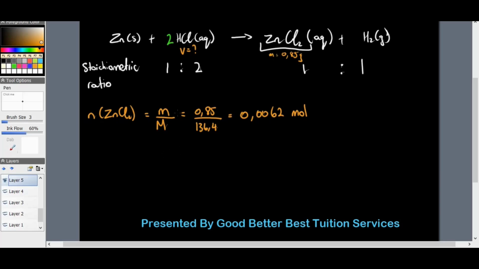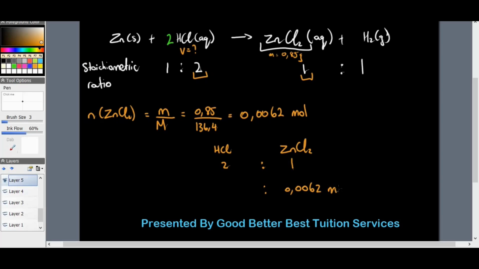So I look at my mole ratio of HCl to zinc chloride, because HCl is what I need, which is 2 is to 1. And I worked out the number of moles for zinc chloride to be